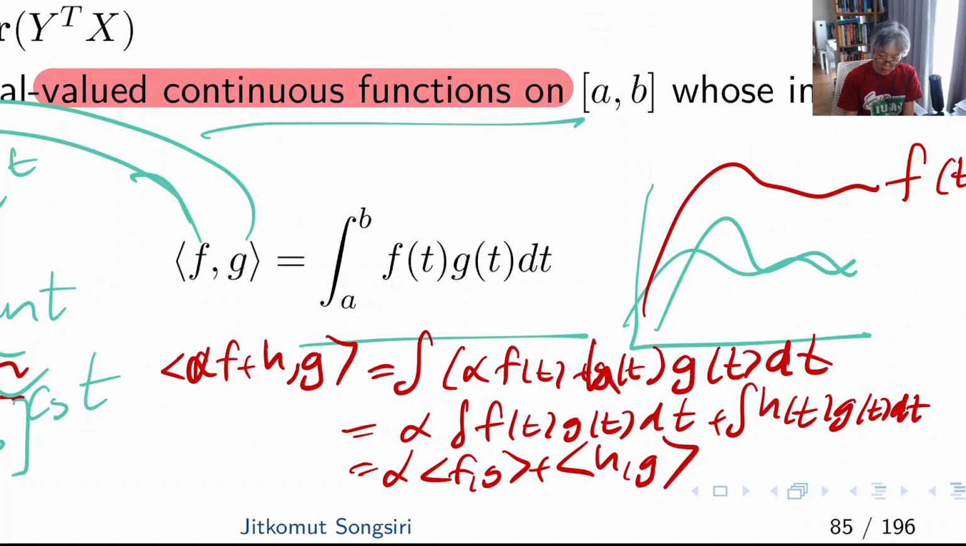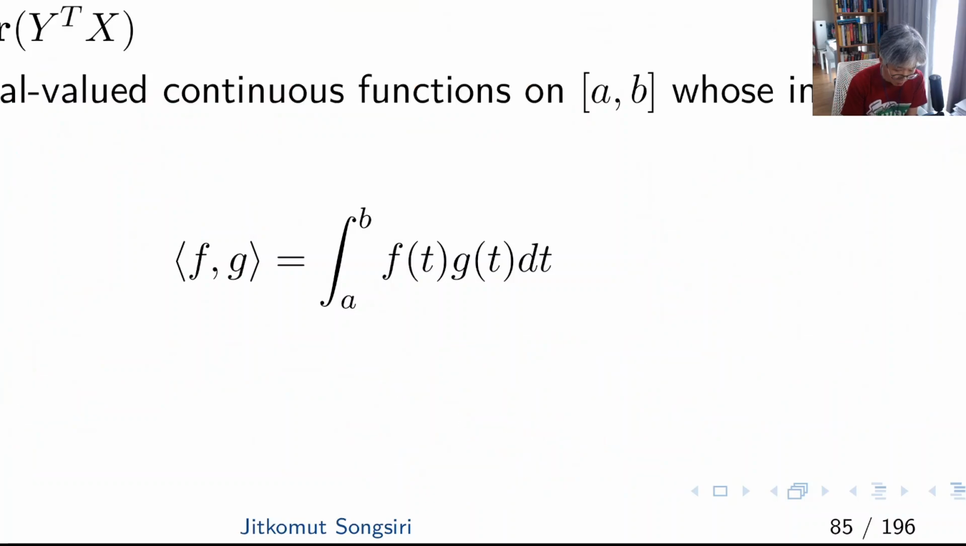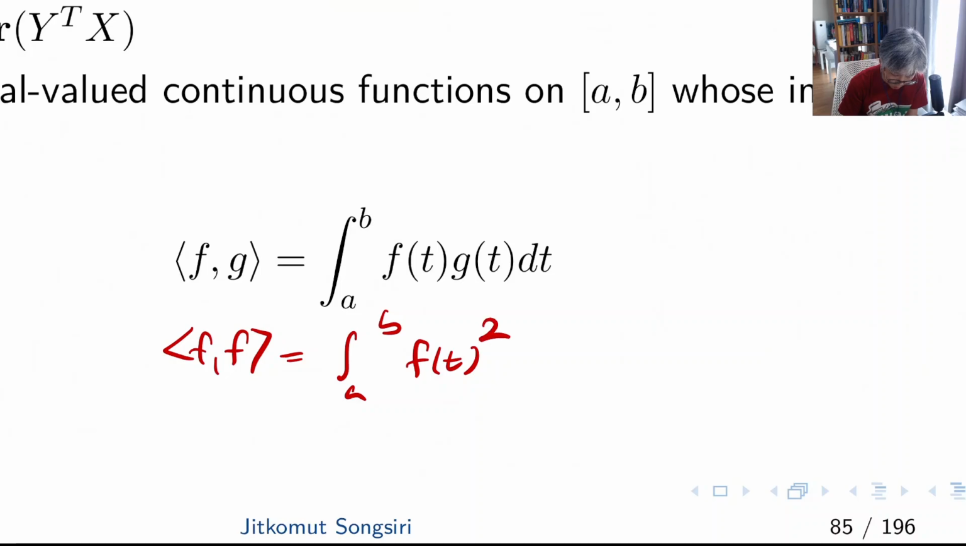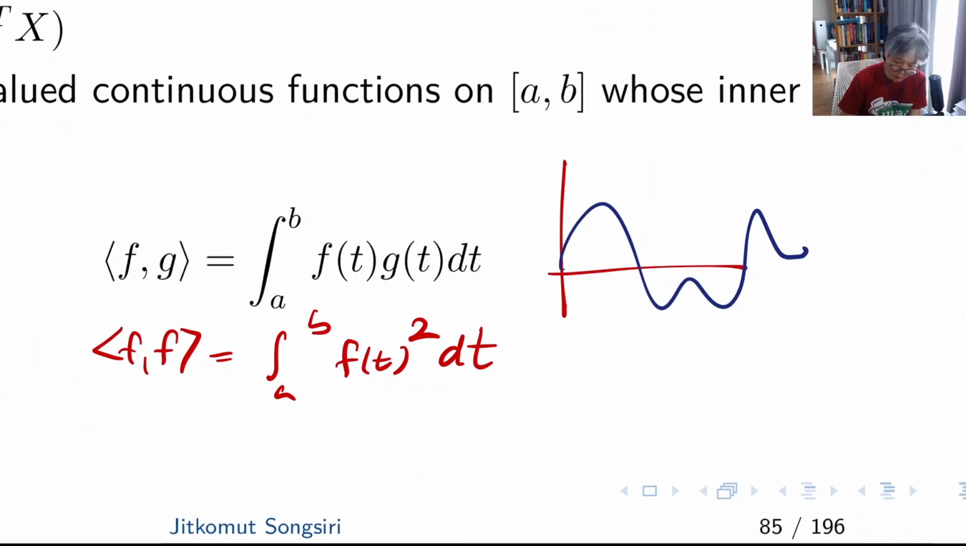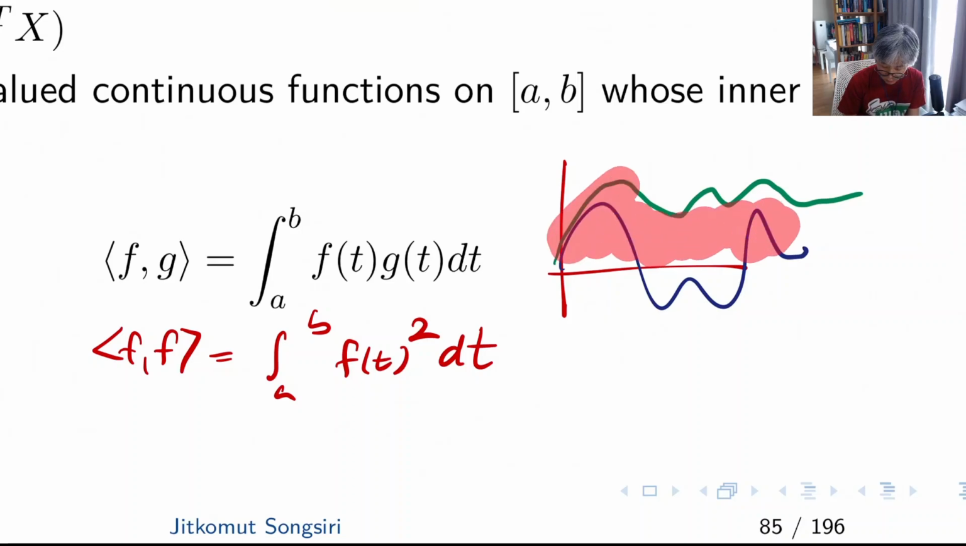We should see the last property. How about when you take the inner product of f with itself? The definition would be the integral of f(t) squared dt. So it means that you have a function f, and when you square it, the magnitude is non-negative, right? Because it's a squared thing. And whenever you take an area under the curve, it returns a non-negative value. Obviously the integral is only 0